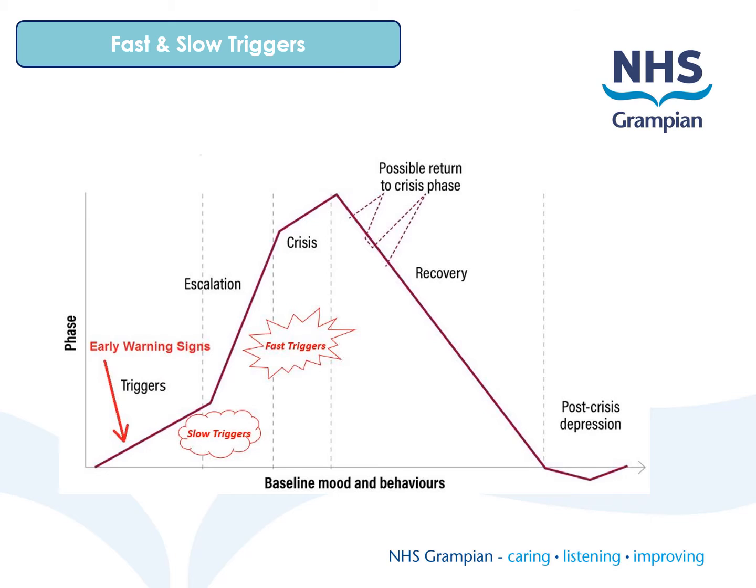This diagram can help us to visualise how distress may occur. If we can intervene early using proactive and preventative strategies at the early warning signs stage, we will be better equipped to prevent distress from escalating to crisis point. As you can see, initially the increase of distress is quite slow. If we leave it too late to use proactive and preventative strategies and instead try to intervene in the escalation phase, it may be more difficult for us to help reduce the person's distress, and it's likely to be more distressing for us as staff members.